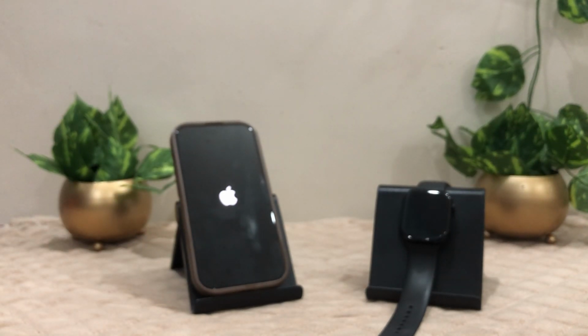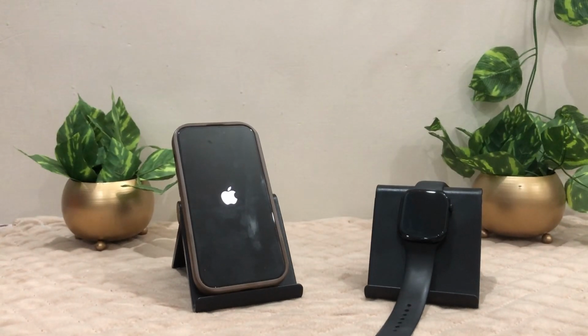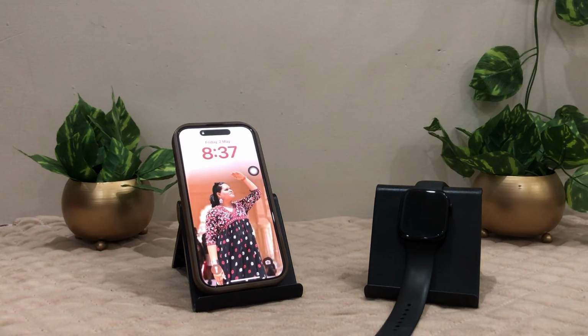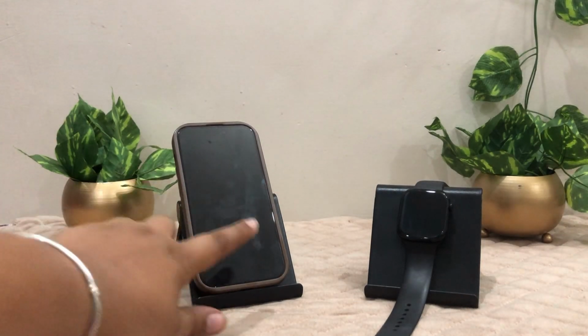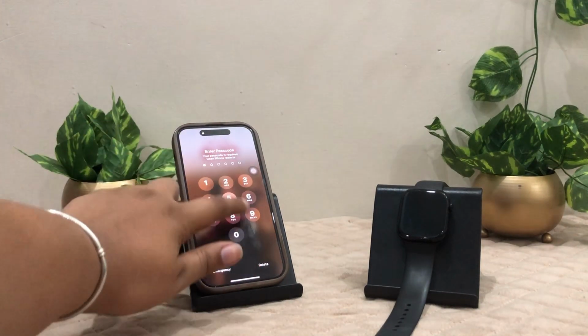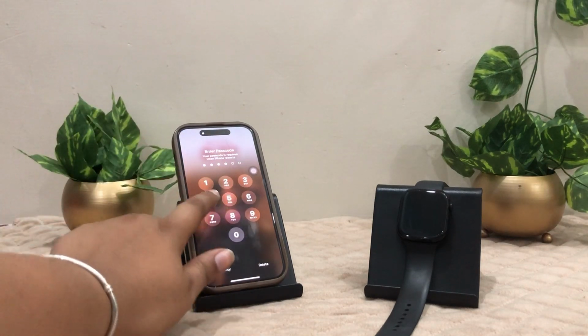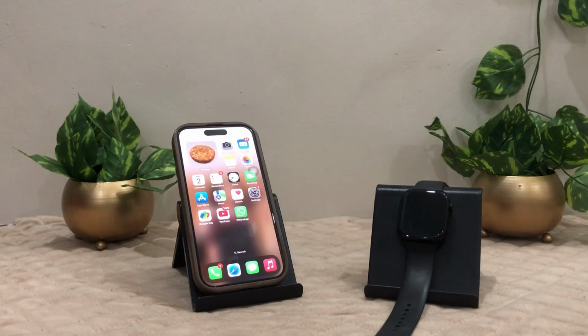This is how you can give a quick restart to your iPhone so that these kind of small glitches, like a frozen screen, your screen just getting stuck, your screen becoming unresponsive, can be very easily solved by this force restart or a soft restart, you can say. Now you can see our iPhone has turned on. You can very easily enter your passcode and go ahead and use your iPhone.